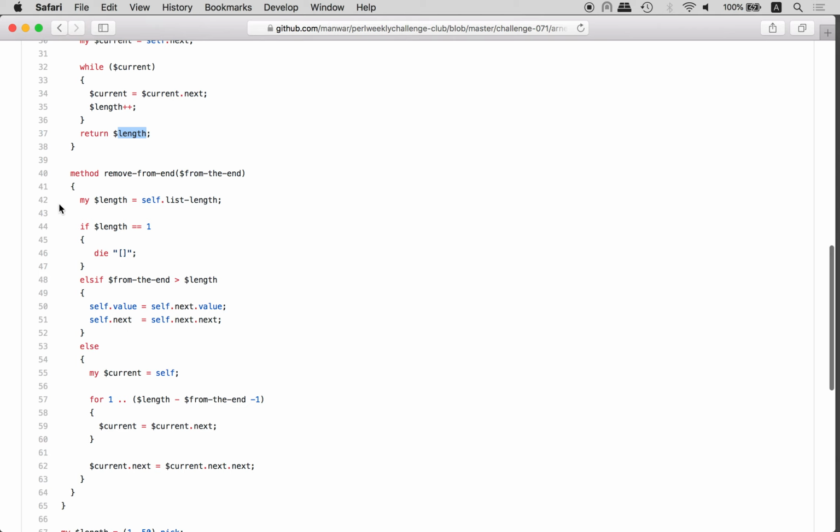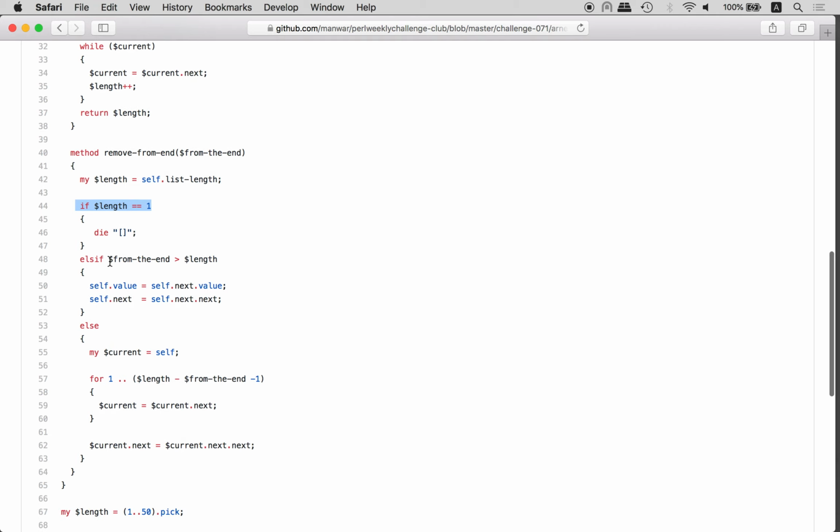Remove from the end, so the main action in this program. From the end is the n number, list length, right? If the element is short enough, then right. Else if n is big enough, then we just remove the